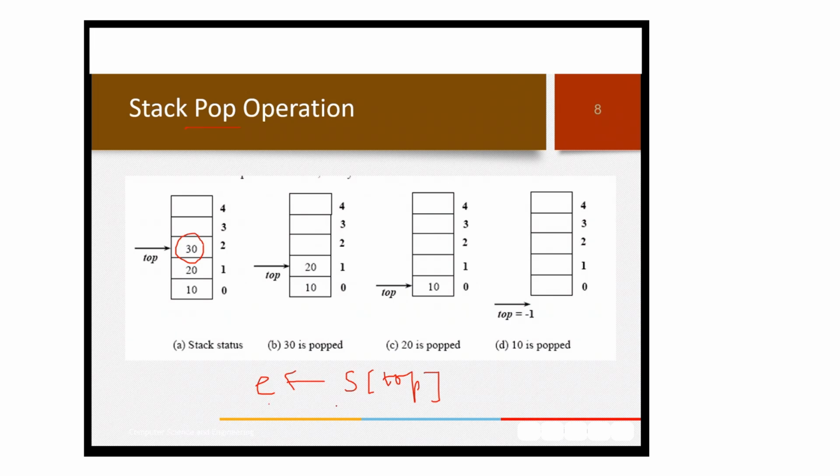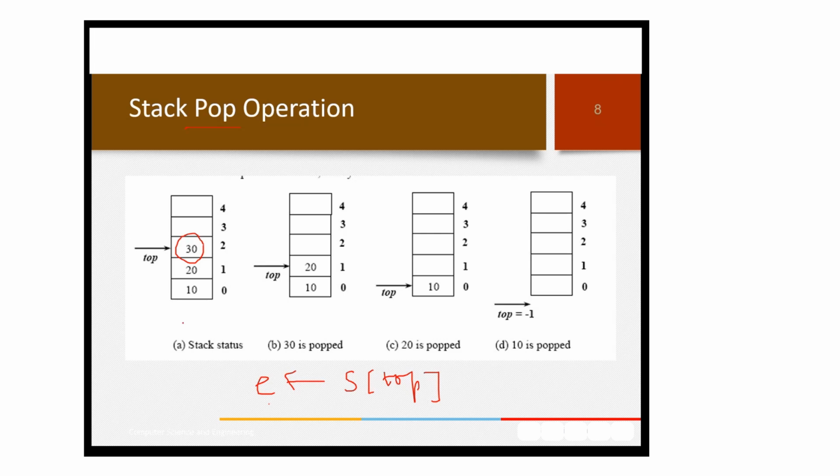and then put it in a local variable called E, and you can say return. Now before returning, of course, you have to do one more piece of work, because we are using an array. Top should not point to this, which has already been removed. See, removing is not like erasing. Removing is just getting the element and then